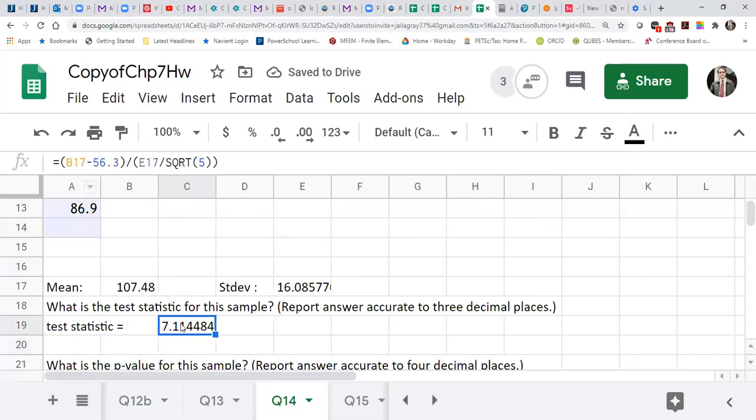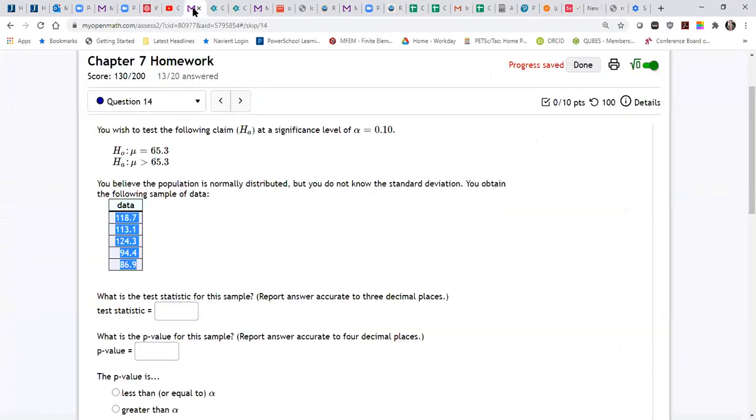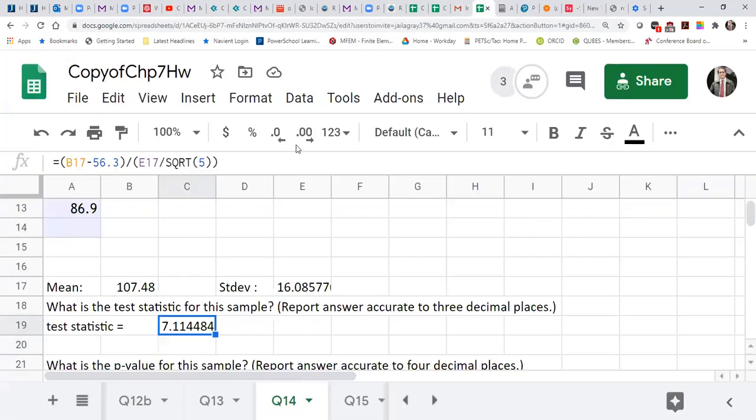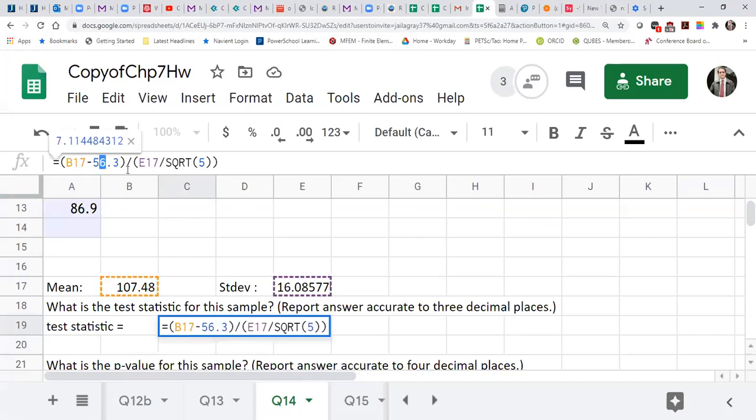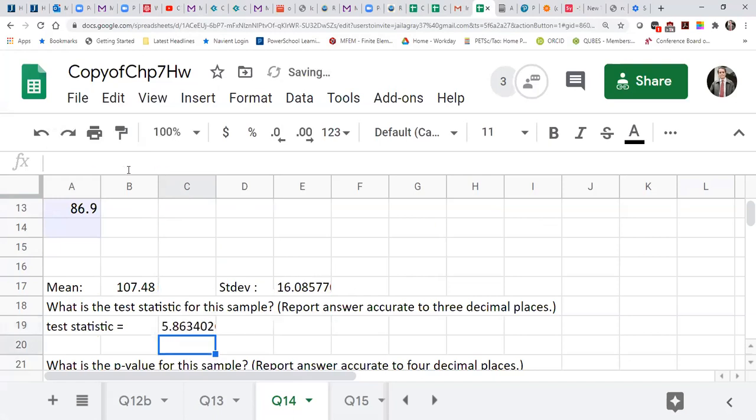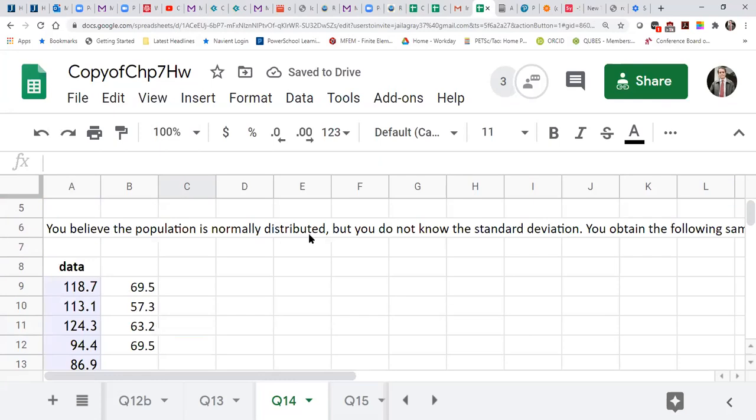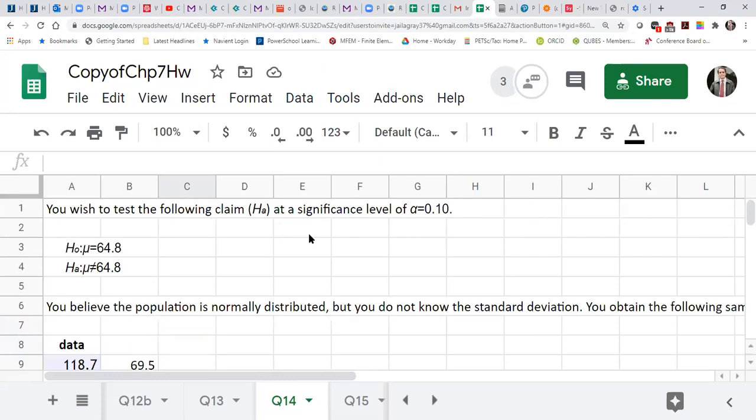Okay, what else you need to change? You need to change this one, right? So the mu here is 65.3, so you need to change this to 65.3. Basically just flip the number, right? Okay, 65.3. So this is the test statistics, and you can see also for this problem is not equal, so